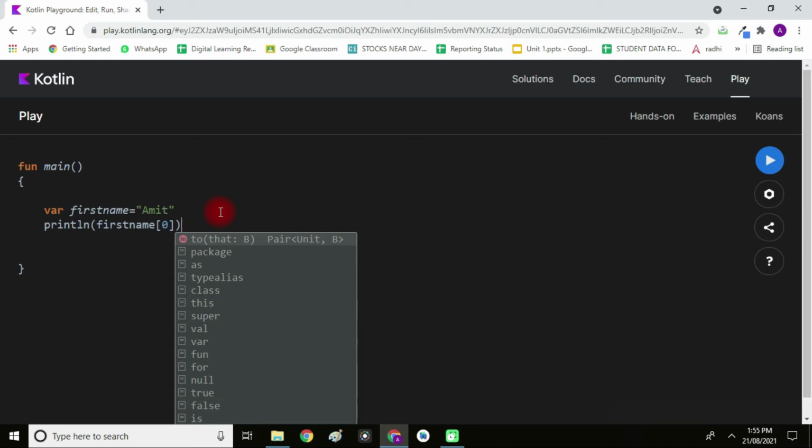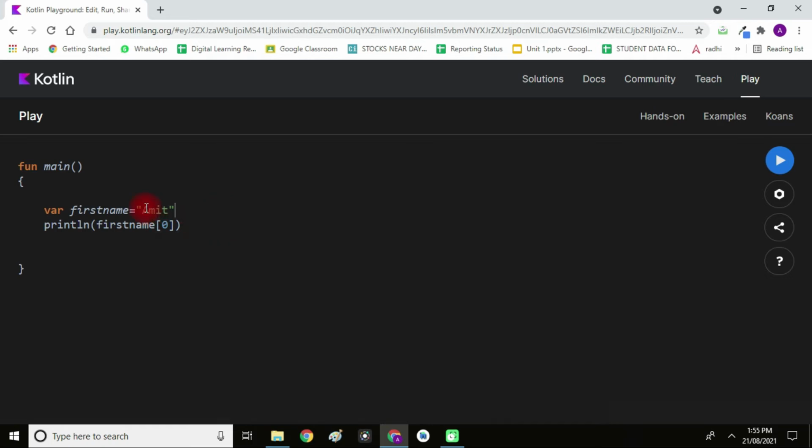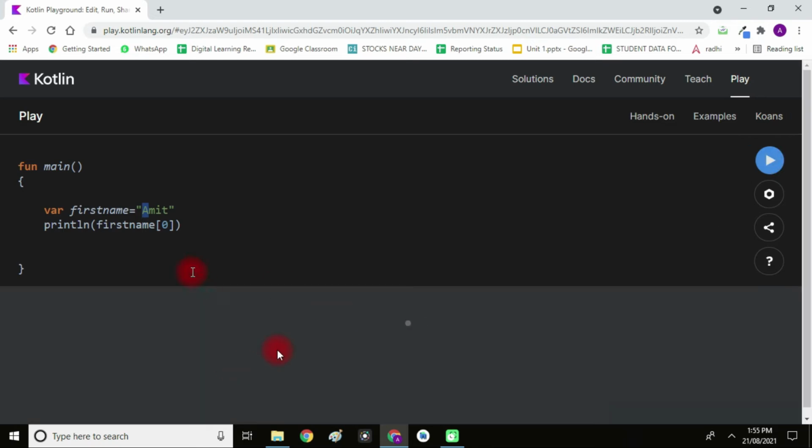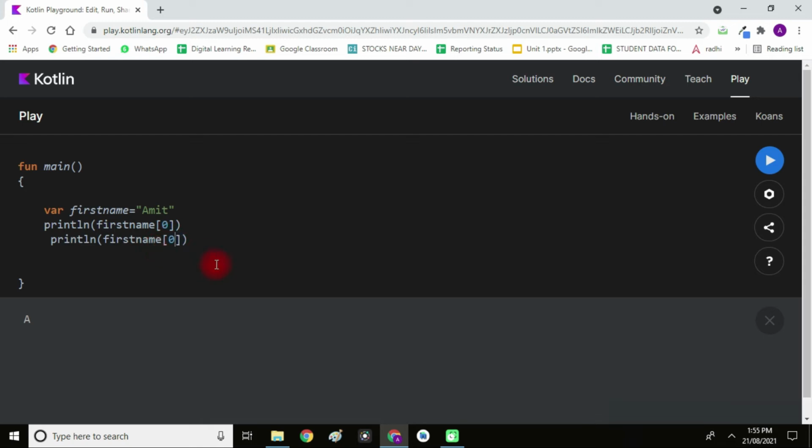In Kotlin every string is stored in the form of an index. Again, index starts with 0, so when I write first name of 0, it will automatically print A, because at the 0th location we have the character A. In a similar way, if I want to print T, I will copy and paste it and just write 3 here.